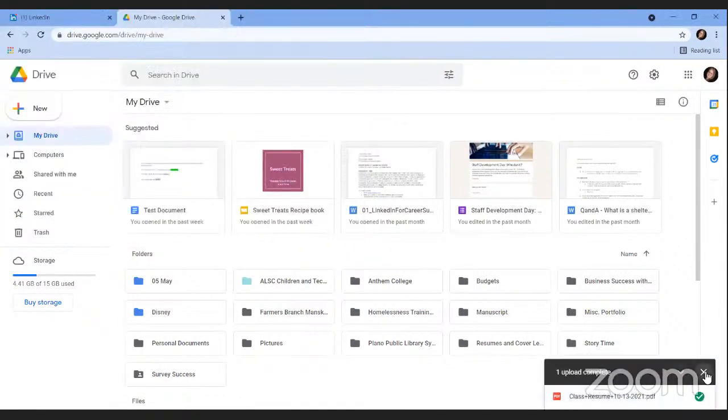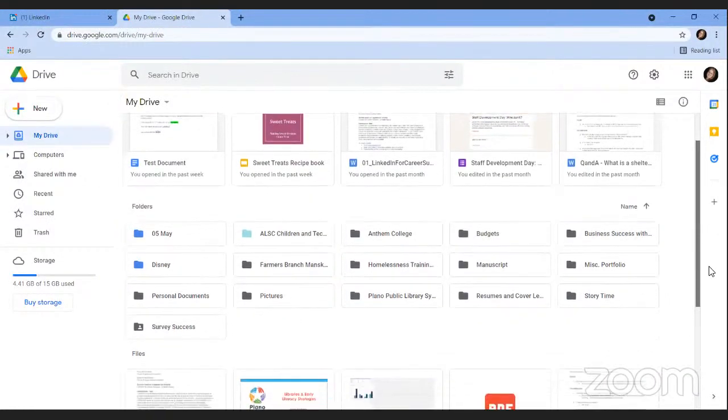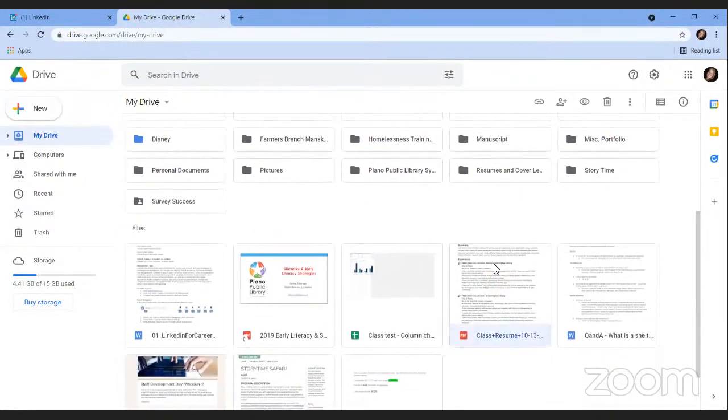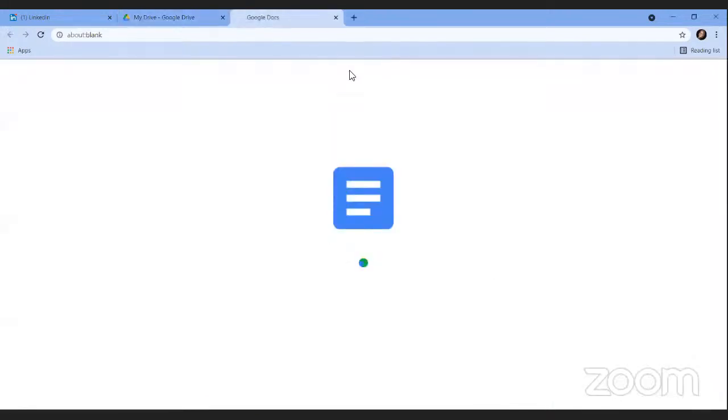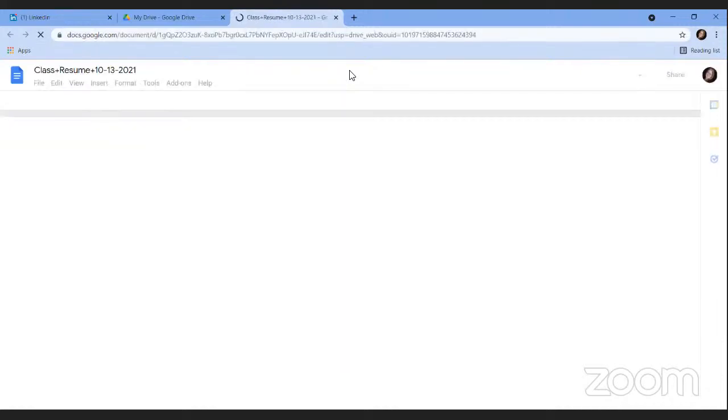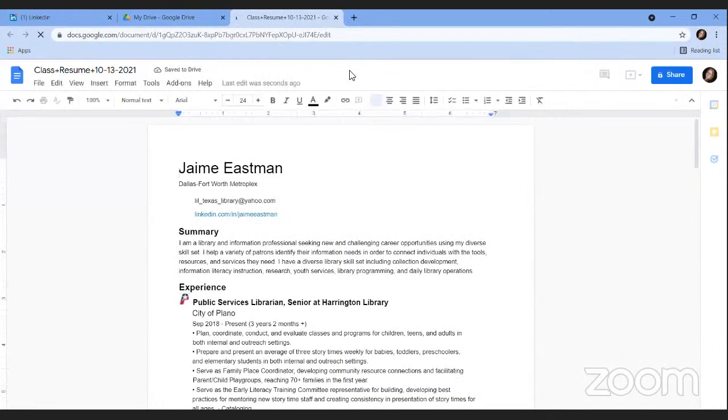And once that upload is complete, I can actually work with that document. Now you'll see that Google opens it in a preview for me. I can choose that open with Google Docs, which will convert my file into a Google Docs file that I can edit. It does, however, also save my original PDF file.